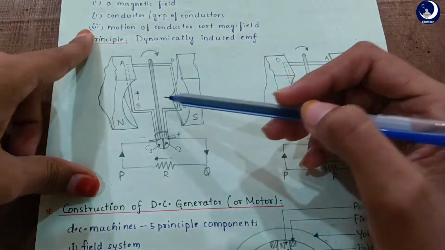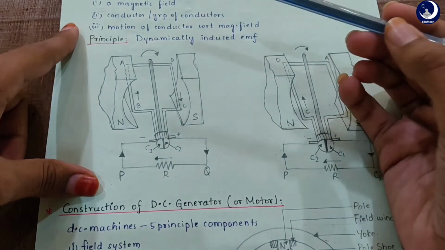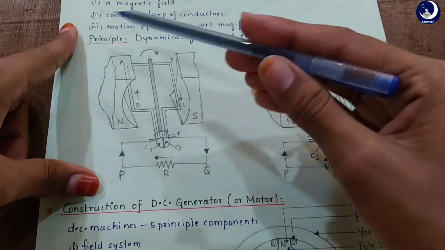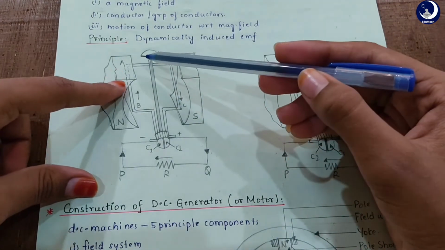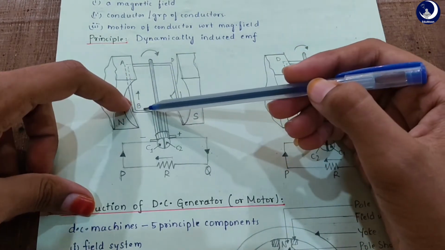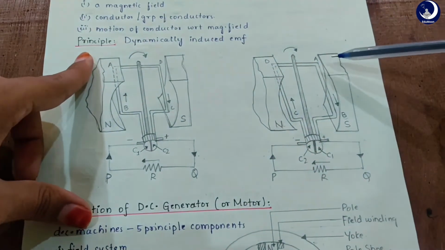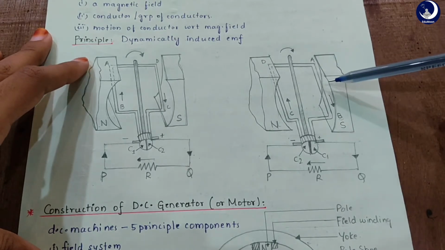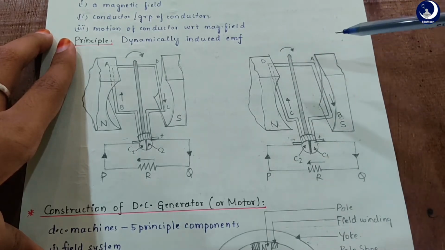So as the loop rotates, the magnetic flux linking these sides AB and CD changes and hence the induced EMF also changes. The EMF generated due to the rotation is an alternating one. I'll tell you how. Initially this AB side is under the influence of the north pole, right? So the induced EMF has one direction. But when AB rotates and gets under the influence of the south pole, the direction of the induced EMF is changed, right? Hence, the EMF generated here is an alternating one.